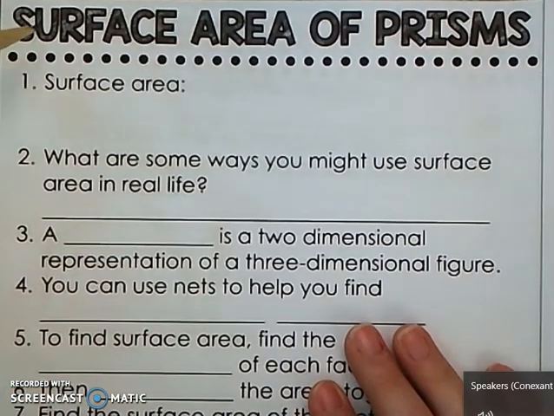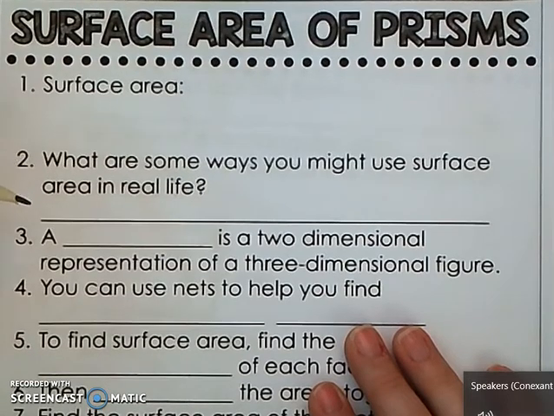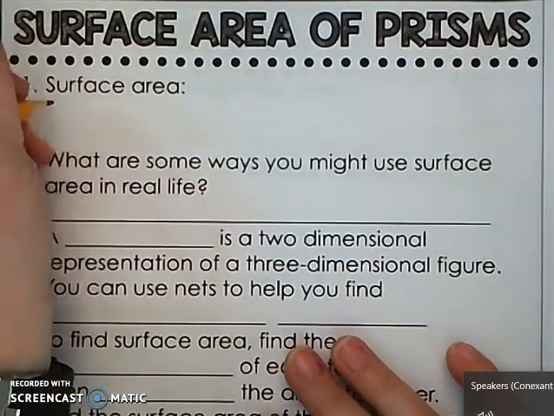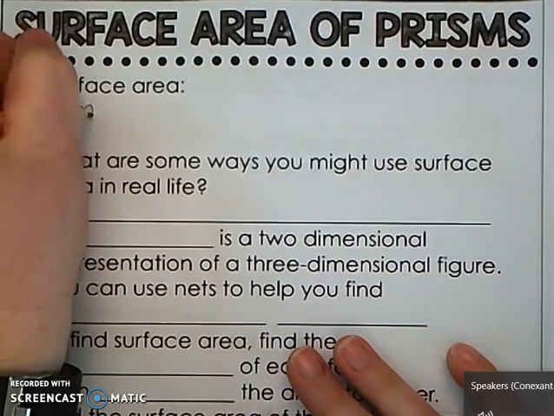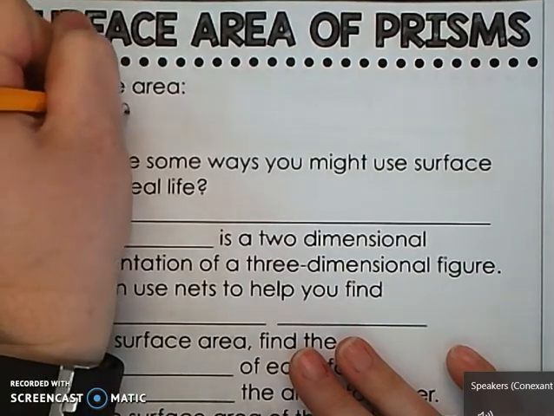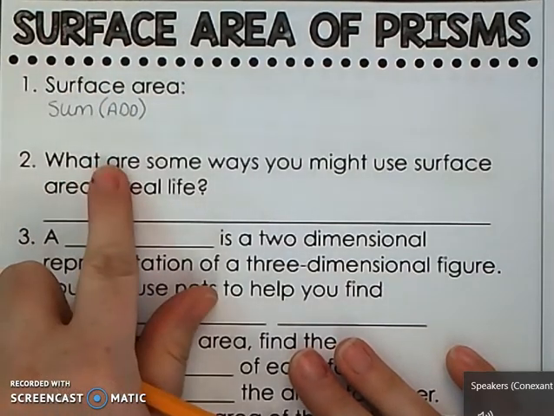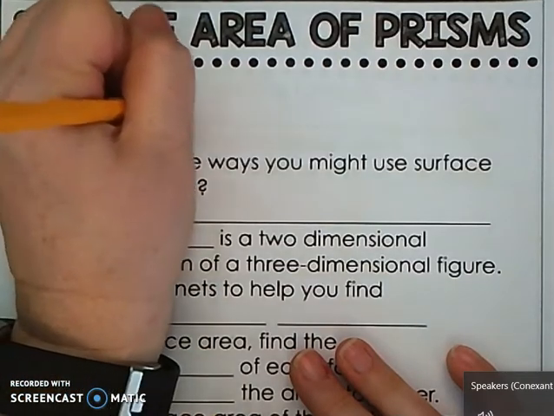Okay, today we're going to do surface area of prisms. So we've done area before, and remember area is just the number of squares inside of an object. So surface area is the sum, which means addition or add. So it's the sum of the areas